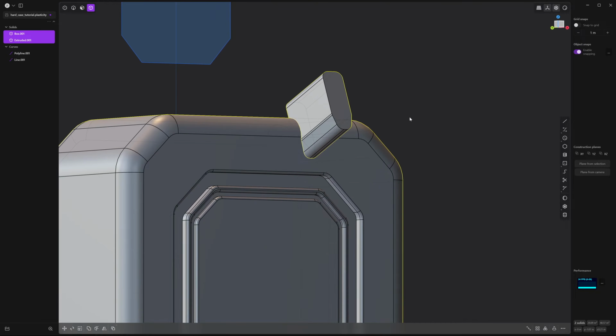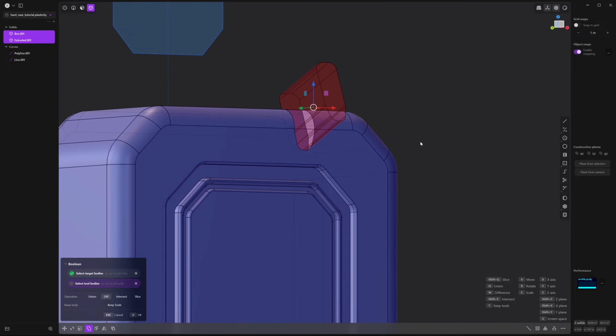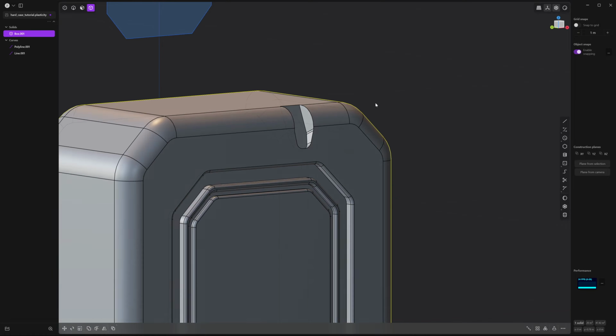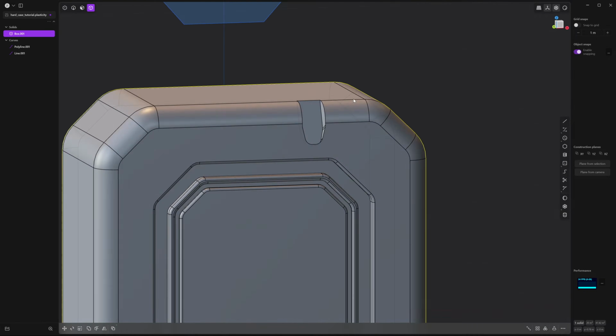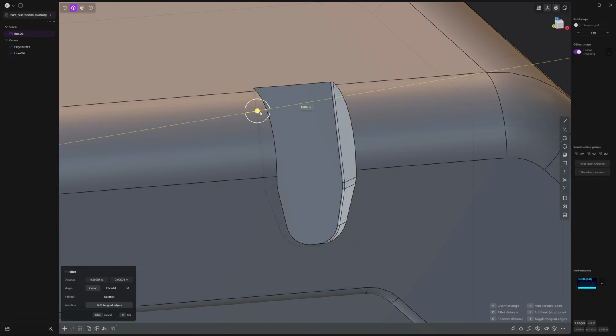And now by pressing Q, it'll allow you to create different types of booleans. The automatic one is a difference, which means it can cut something out. You have other options down here which you can experiment with. But for now, we're just going to keep this as a difference. So blue means the target body, and red means the tool body that'll do the cutting. So right click to accept that, and you can see how it left that shape in there. Now let's select these inner edges. Hold Alt click and apply a fillet by dragging alongside the tool.